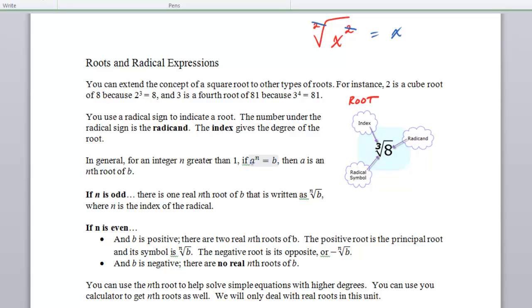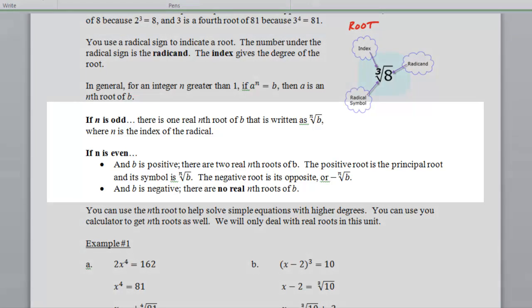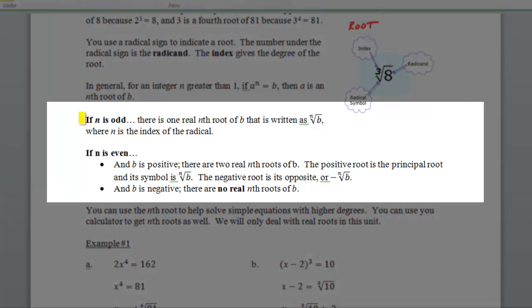And so you'll also remember that when we had square root equations and we took the square root of the value, it created a plus or minus symbol. So we'll also need to discuss how that will come into play with various root functions. And so if we look at this, you'll need to learn all the different parts involved with radicals. Now we have two major issues here. If the value for n, in this case what we're talking about is the root, so you can see the little index there is n,